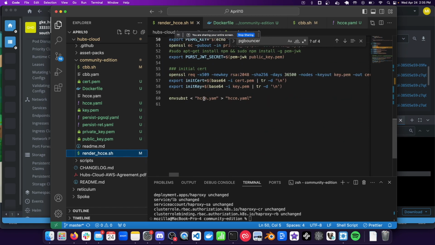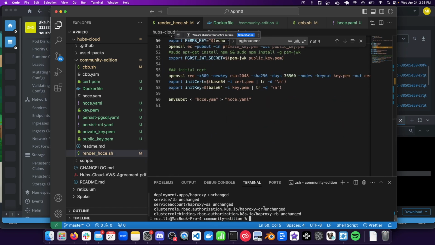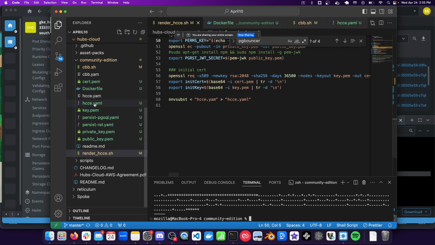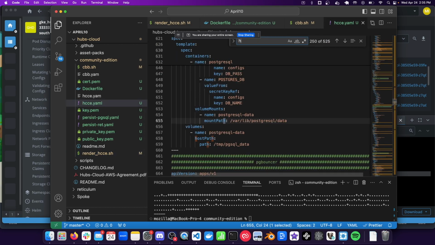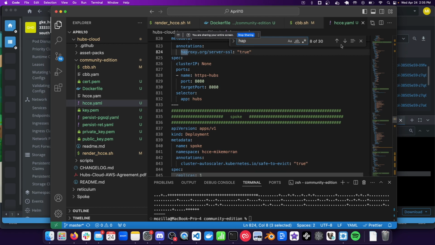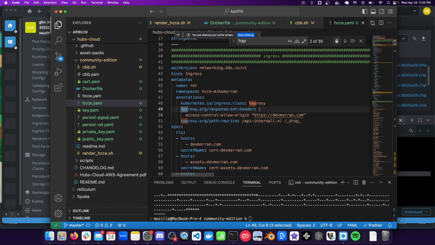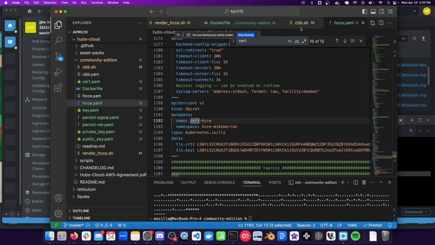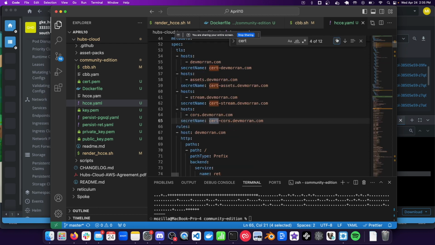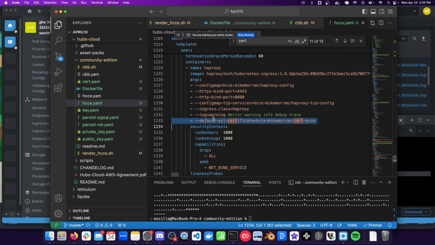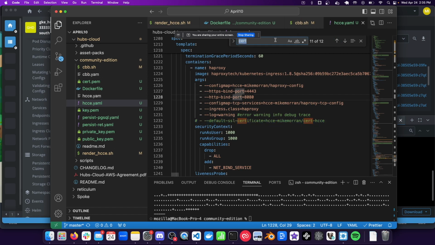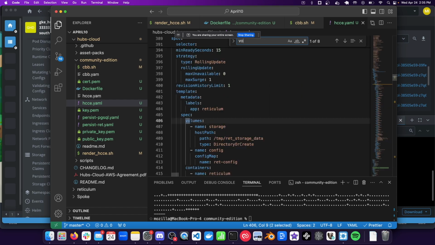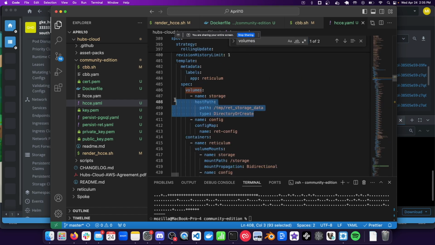Well, I know something that we can do. We can just go ahead and run our bash render hcce.sh file again. That will overwrite this, and then I can just make the adjustments again. So HA proxy, just to go through the series again, if you've already deployed, you'll need to comment out the default cert. Which is, yeah, a reason why you would have separate YAML files for some of the plugins. Exactly. And then we need to go to volumes, and I will update this with